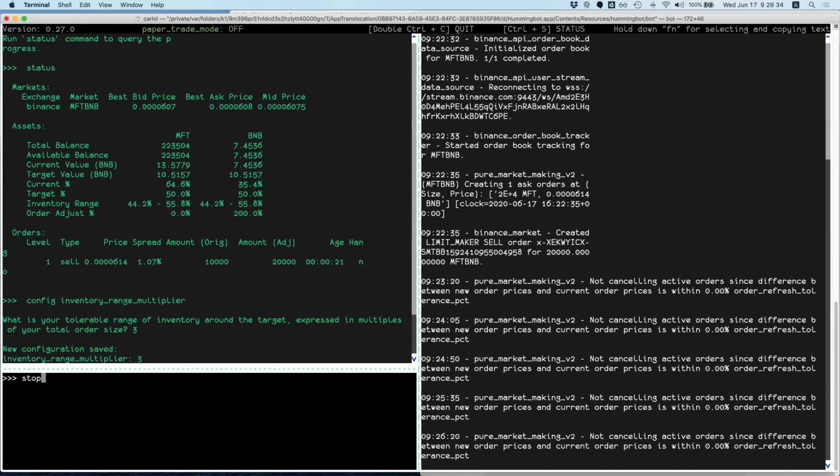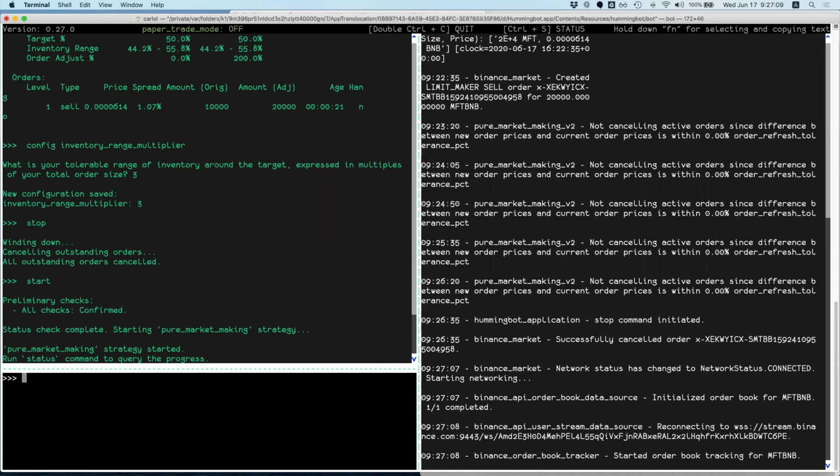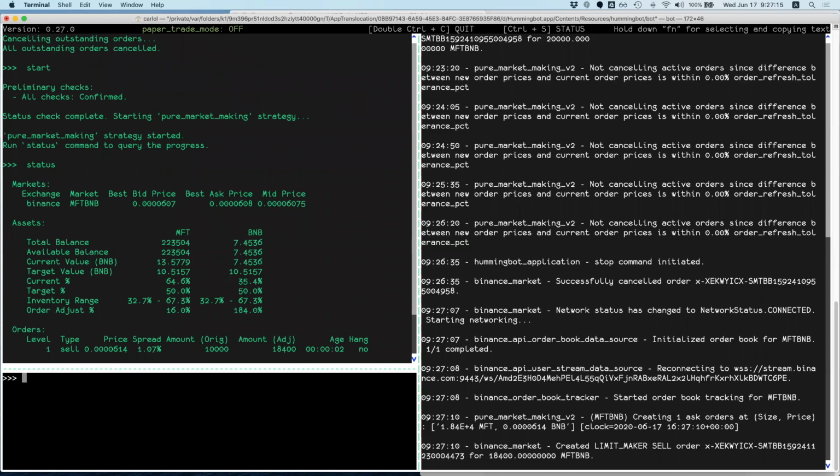When I change configs, I do have to stop and start the bot. There are only 2 configs that actually work on the fly, and that's bid and ask spread. If you're changing your bid and ask spread, you don't have to restart Hummingbot. For those 2 parameters, if you change them, on the next order refresh cycle it will automatically incorporate those new configs for the bot. But for the other configs, you typically do have to stop and start the bot. So now we have it starting. If I hit status,